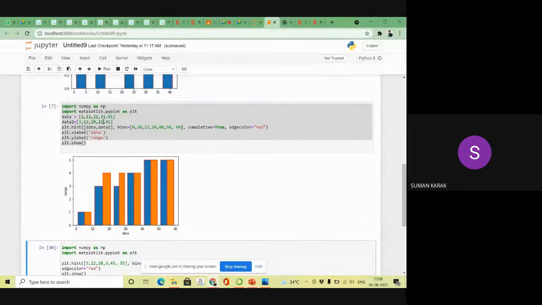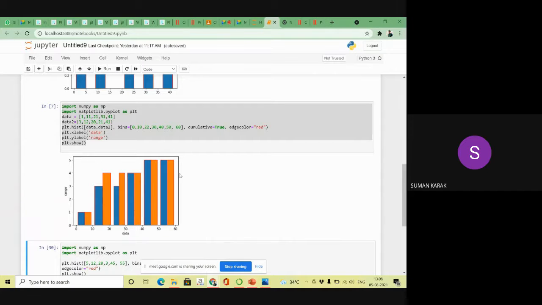And for the second, three values are there, right? Yes or no, please tell me. So what happens here, look, the similar data has been placed. The similar data has been placed.